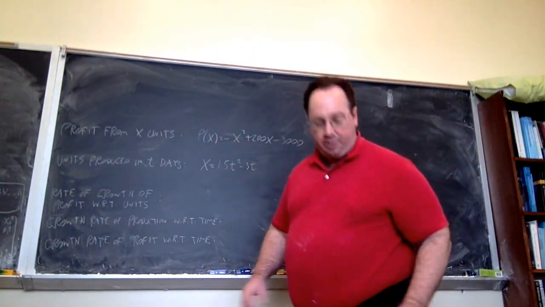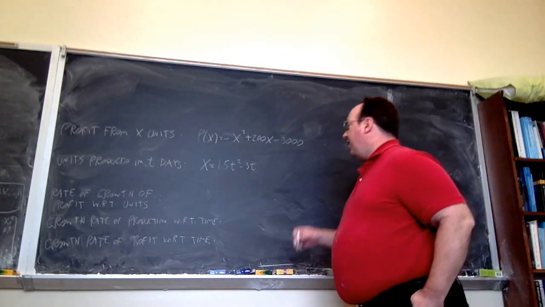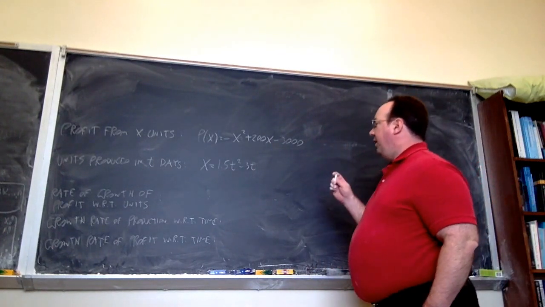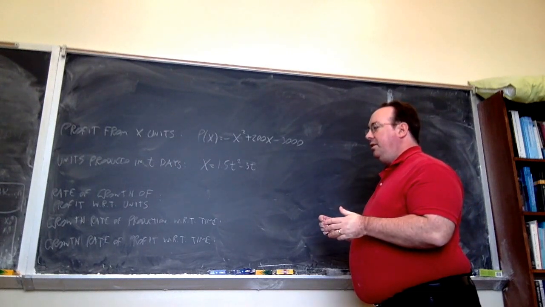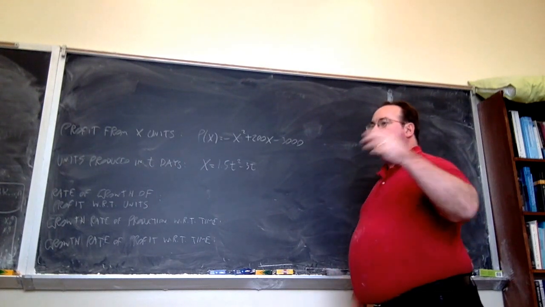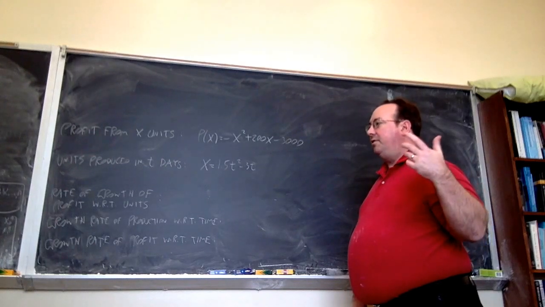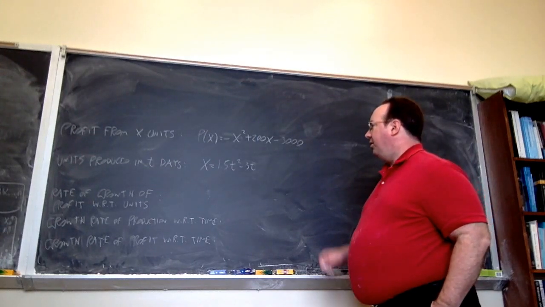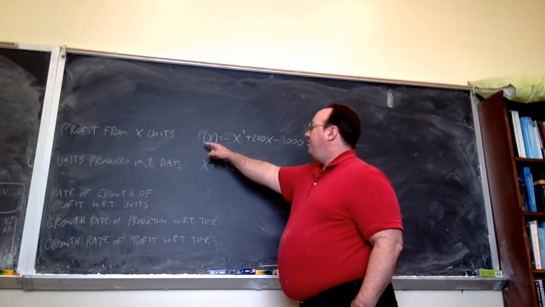In this video, I'm going to show you the chain rule, which allows us to compute rates of change of dependent variables with respect to independent variables other than the one that's used in the function that defines that dependent variable. So to illustrate what I meant in that word salad there, here I have a function p of